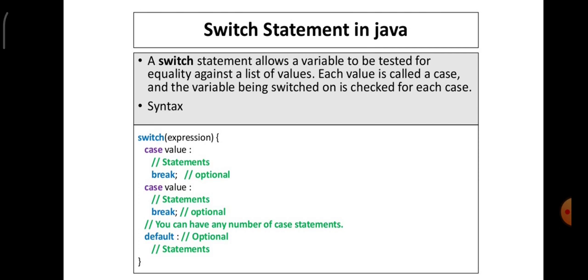Let me give you one simple example, a calendar example. As you know, there are 7 days in a week. If the user is going to key in value 1, you may say 1 is Sunday, 2 is Monday, 3 something like that. So finally 6 is Saturday. Now in switch, you look out for the expression. The user may key in any value.